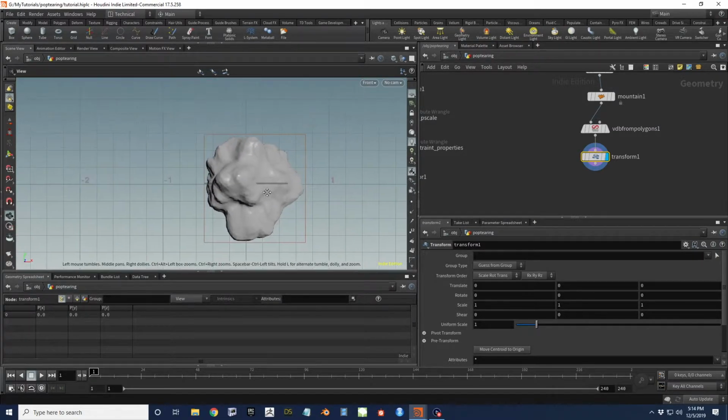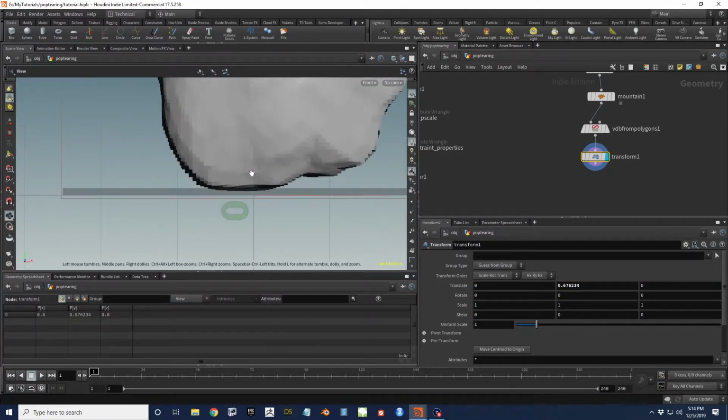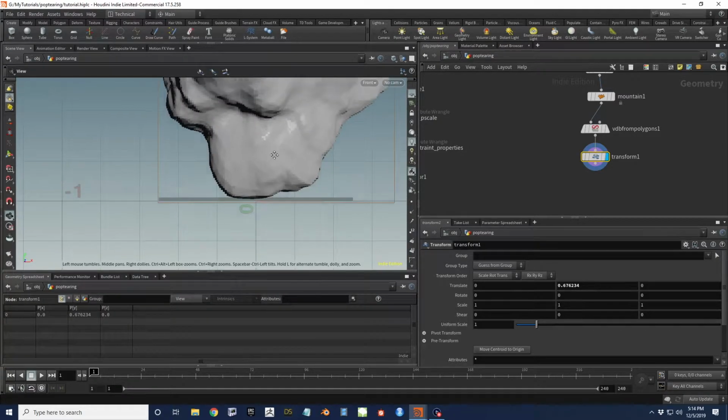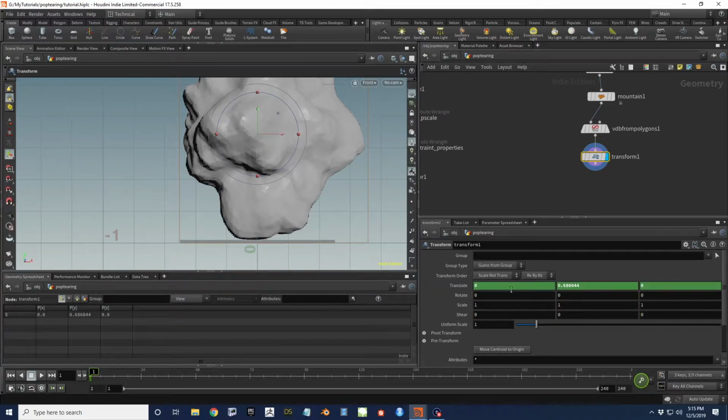And what I'm going to do is just raise this up until it's just about to intersect. So here it's actually already intersecting just a little bit, so I'll pull it up just a tiny bit more, somewhere around there. So I'm going to keyframe that, so you can just alt-click here, so that sets a keyframe